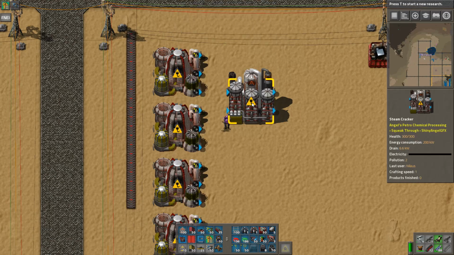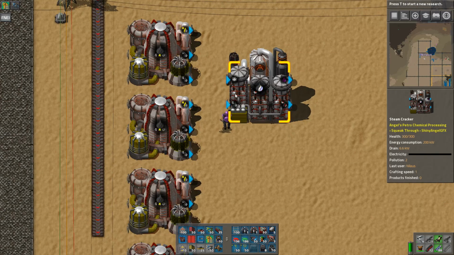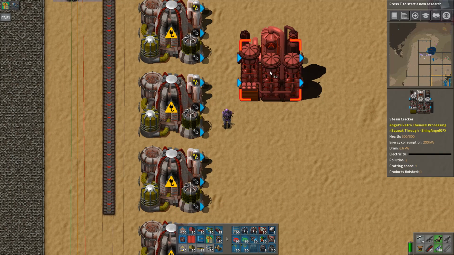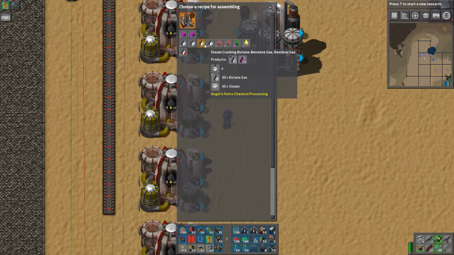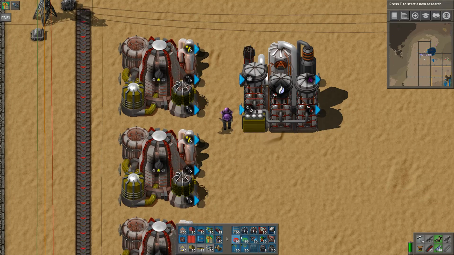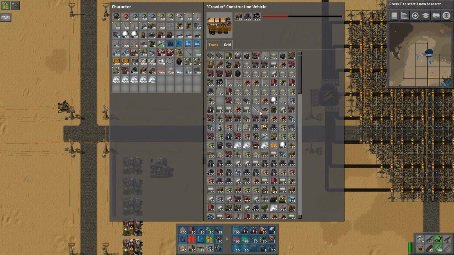This one is going to be the next. It is taking the methane plus some steam. Now the question is, can I get the steam in here? Steam. Okay. So, did I... No, I left those in my...